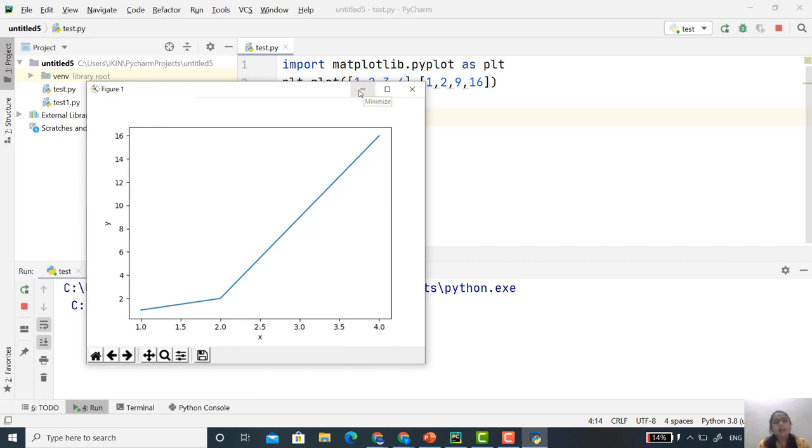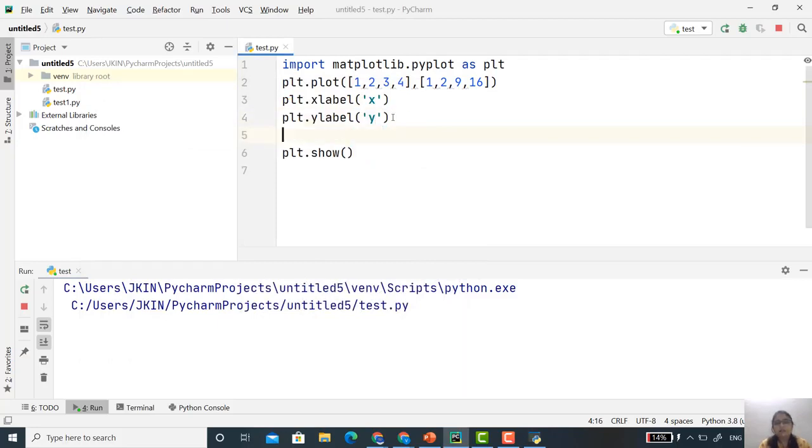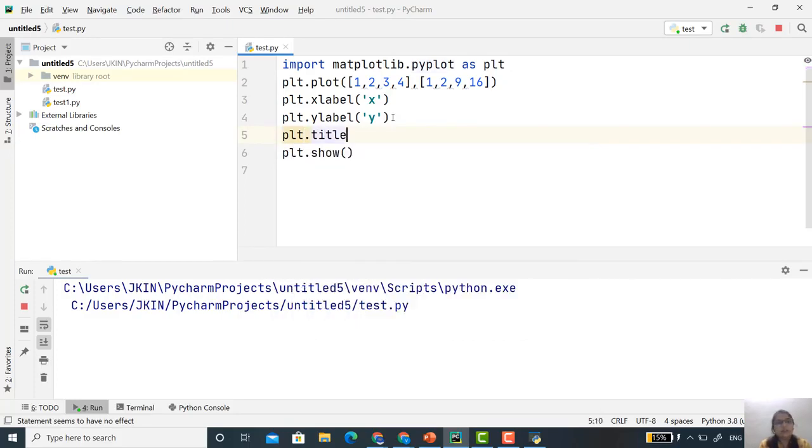Now, if I want to give some title to my graph, again it's a very simple thing. plt, then what do you want to give? It's a title, so simply type title, and here it's 'My Graph'. Now let's see.